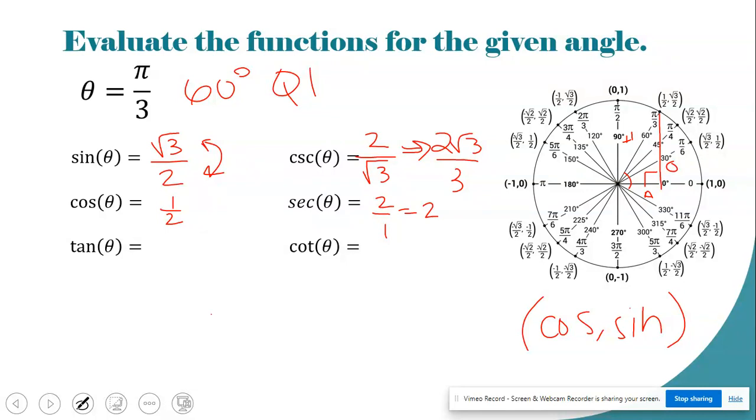The opposite side is the y, and the adjacent side is the x. So really, tangent is y over x, or the y coordinate, aka sine, divided by cosine, or x, which is root 3 over 2 divided by 1/2, which is